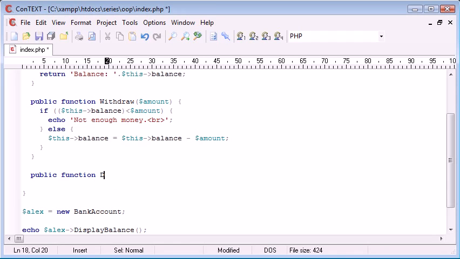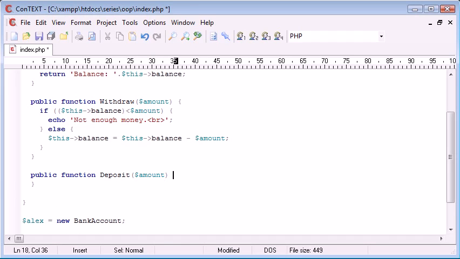So public function deposit, and in here we can just call the variable amount once again. Now there's no real limit we need to check on this, because the person's free to deposit as much money as they want into their bank account generally. So all we need to do here is say this balance, remember, and then we need to say equals this